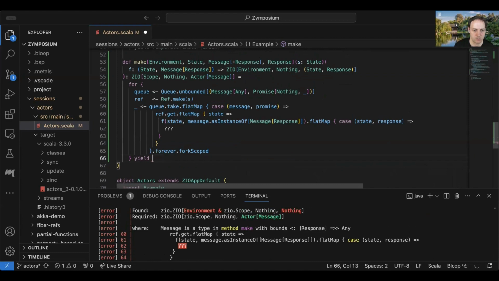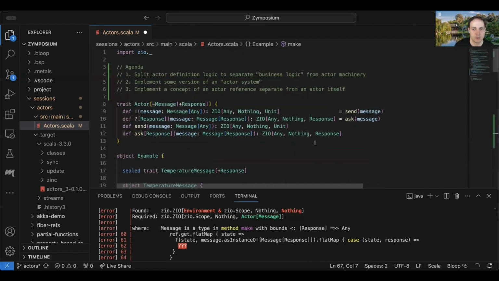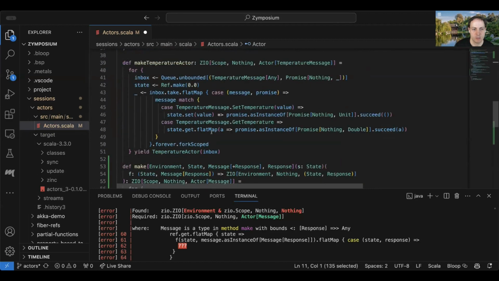Yes, so let's just start to fill this in. So this is then going to give us a new actor message. And then I'm going to have to implement these two methods.